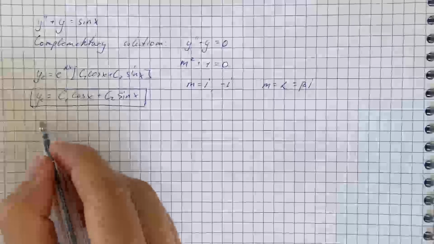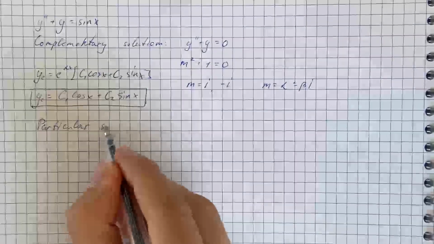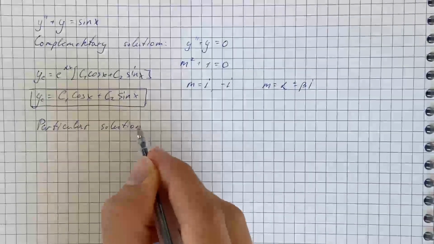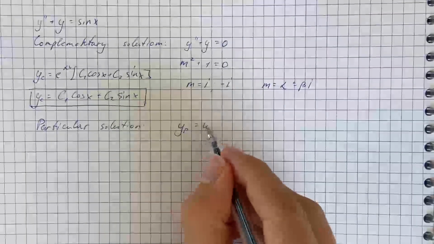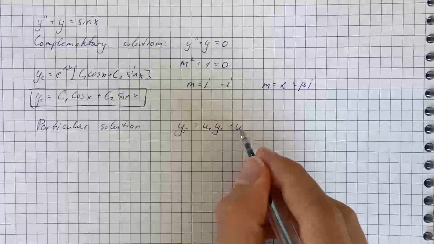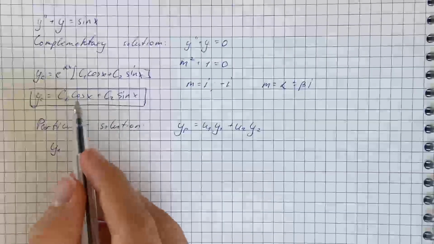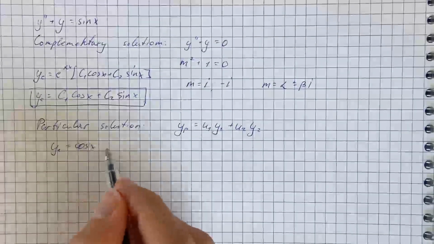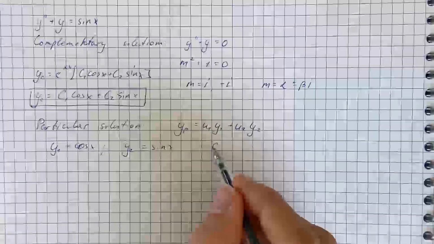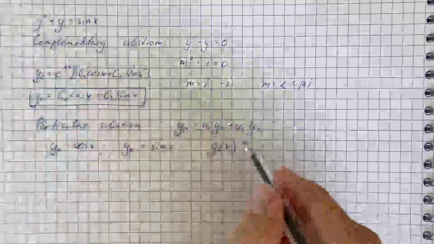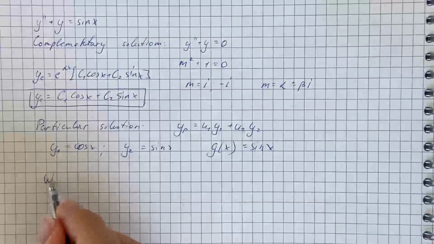And now we're going to find the particular solution. So the formula for this is y equals u1 y1 plus u2 y2. In our case, y1 we get from here, so that's going to be cosine of x. y2 is sine of x. And also we're going to write g of x, which is our right hand side, which is sine of x. So now we're going to use the Wronskian